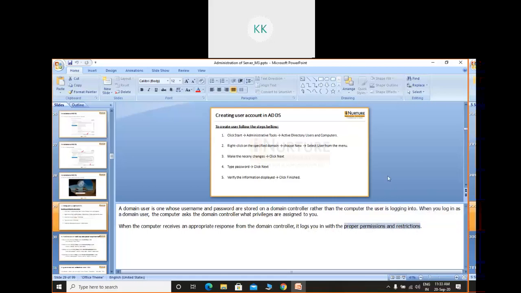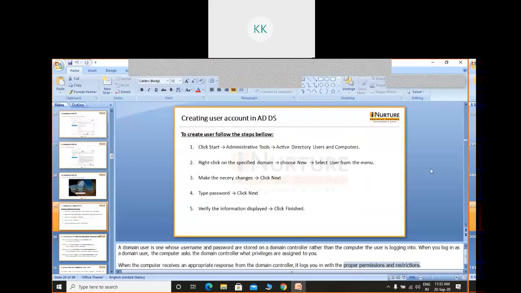Suppose as an IT employee, you are not authorized to view the salary slips of the admin and other persons. That is the purpose of the finance department. In this way, some restrictions may be imposed. So these centralized management tasks can be performed if you are part of a domain or you are logged in as a domain user.